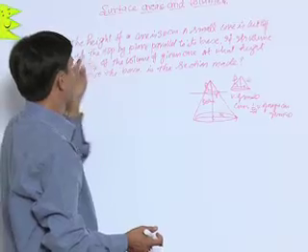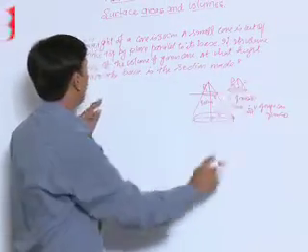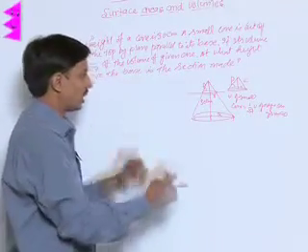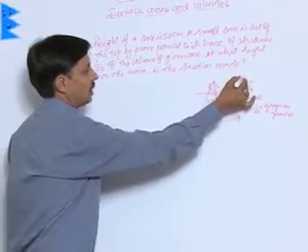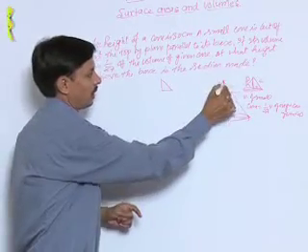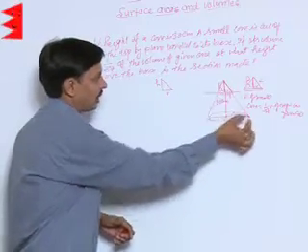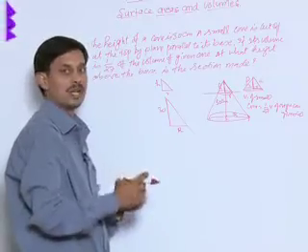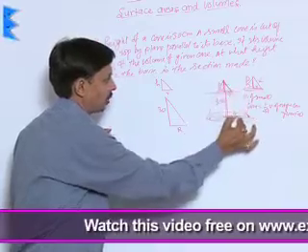At the top by a plane parallel to its base, if its volume, means volume of a small cone, is 1 upon 27 of the volume of the given cone or big cone. So we can say that by using the concept of similarity, if I take this triangle, this triangle has been taken from the small cone. I say this is h, this is r, and there is a big triangle where height is 30 and radius is assumed as capital R.